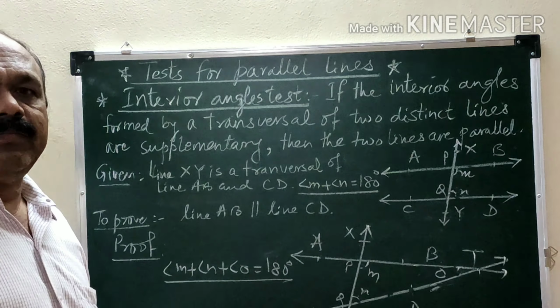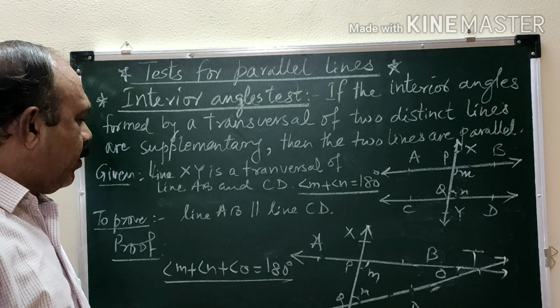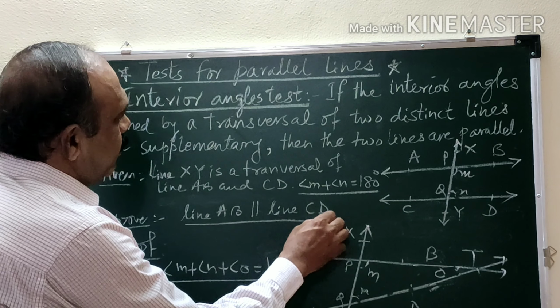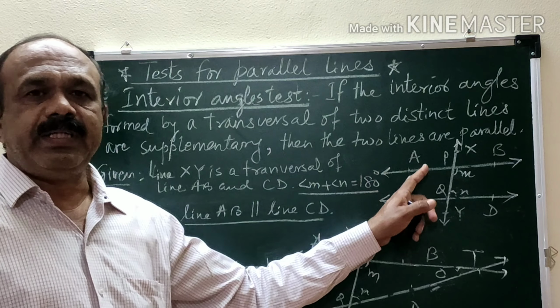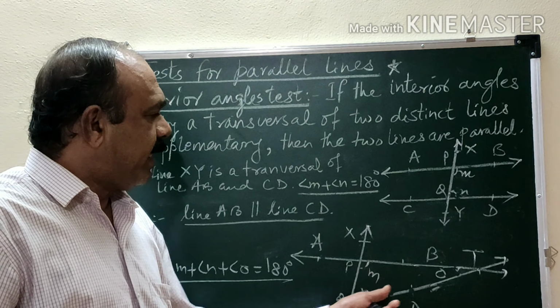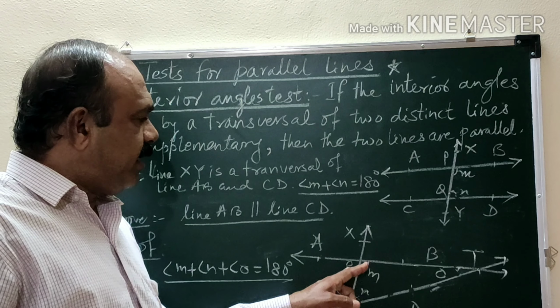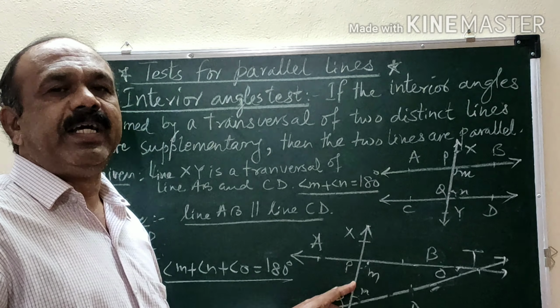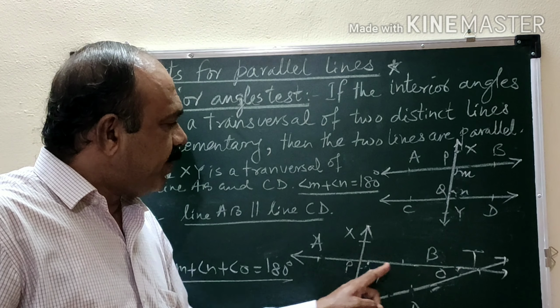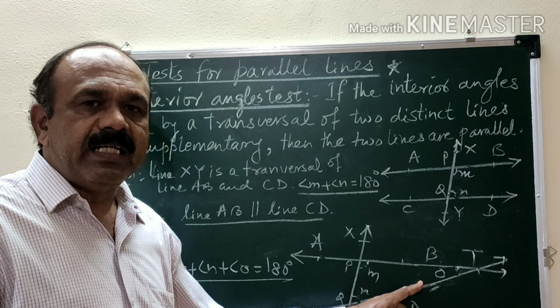So what we assumed is wrong. It means that these two lines AB and CD are parallel to each other. If they are not parallel, then a triangle is formed. They are intersecting, but the sum of these two angles is given as 180 degrees. If a triangle is formed, then the sum of three angles is 180 degrees. But out of these three angles, these two add up to 180 degrees. It means that this angle is 0 degrees. And if this angle is 0 degrees, it means AB and CD are not distinct lines.